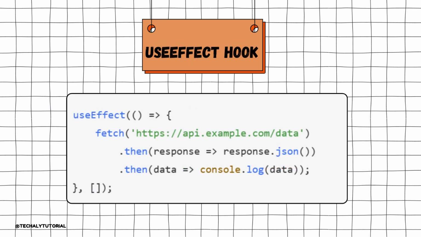And third, we can also fetch data with hooks. You can use useEffect to fetch data from an API. If you are working in a real-time scenario, you should fetch using useEffect. You can fetch any data from the API, so you need to write a simple code for that.